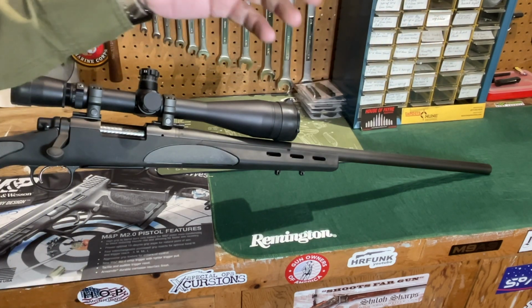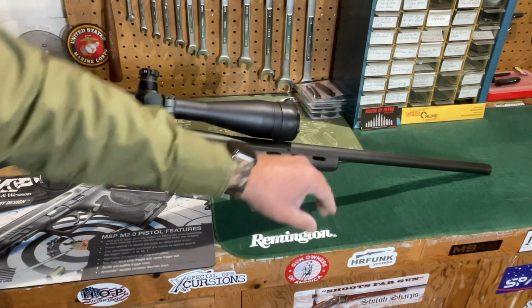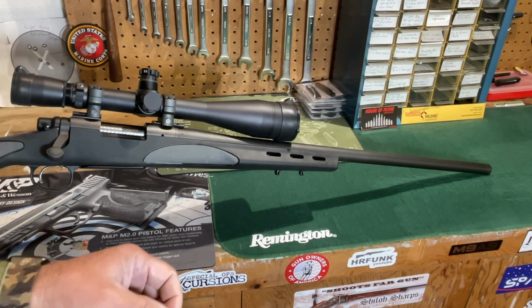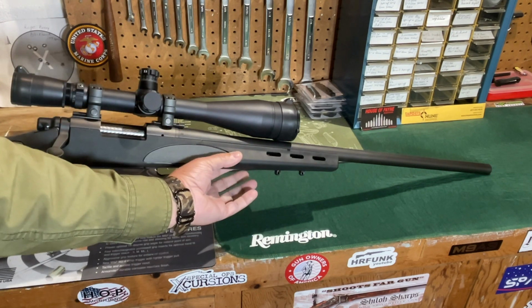I hope that makes sense. I'm not trying to overly complicate this. But the short version of the story is contact between the barrel and the stock is not good when it comes to accuracy. The other problem when there's contact between the stock and the barrel comes from the rifle being used with a rest of any sort,